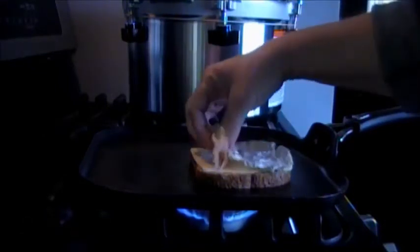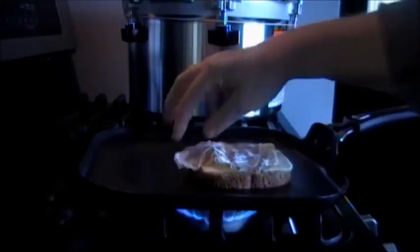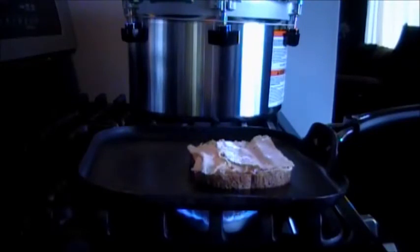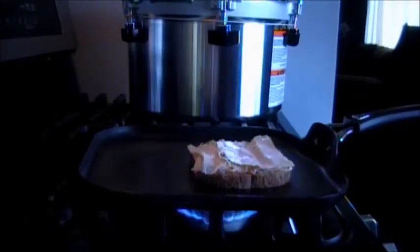Take the meat, put it on there. Try to get it to where it's not too thick, because then it won't heat up in the middle. I don't like a lot of meat on mine anyways. Just like so. Then I always put one on the top, and I usually go opposite with the holes, but that's just me. Then you put your lid on